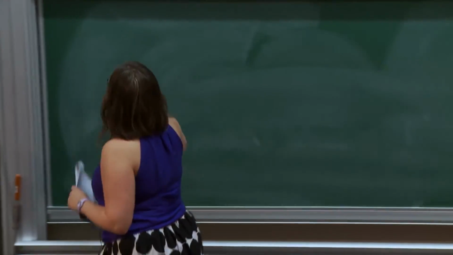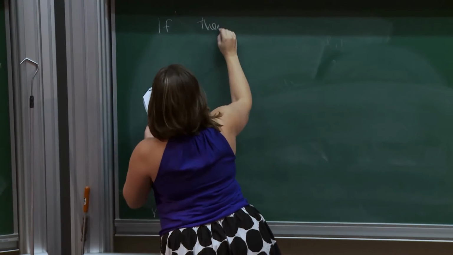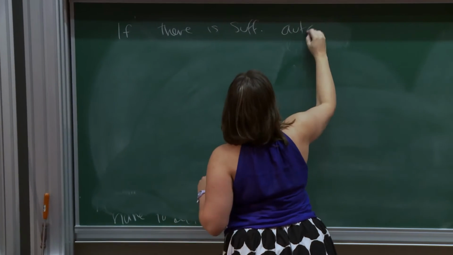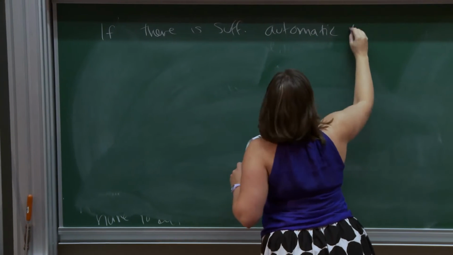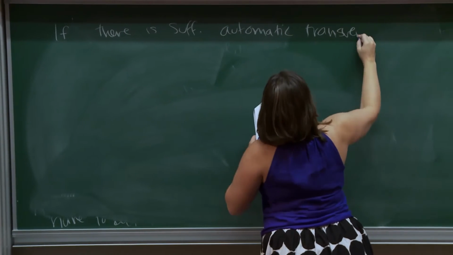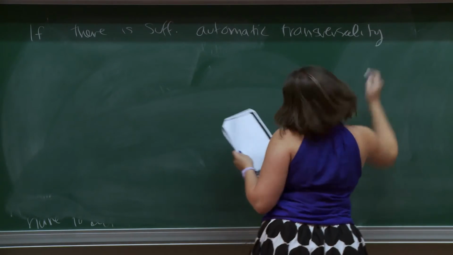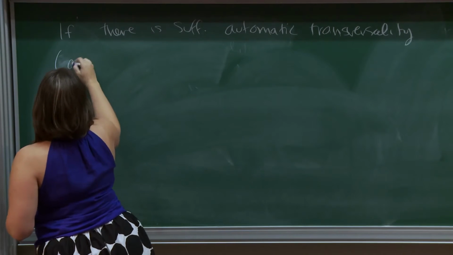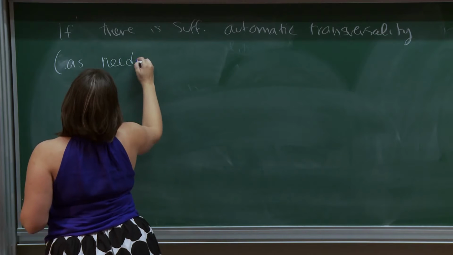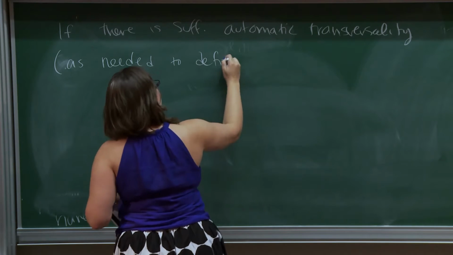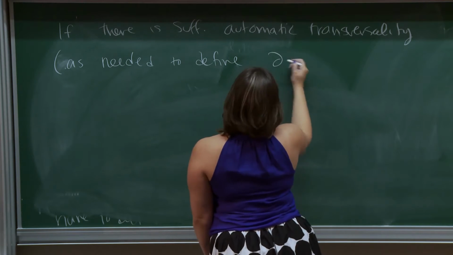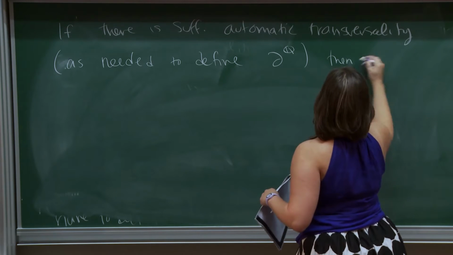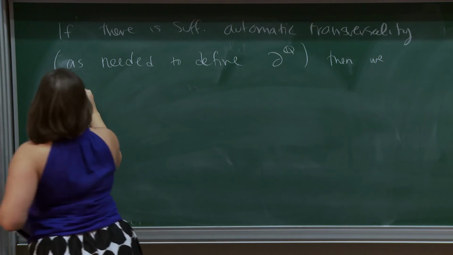So if there is sufficient automatic transversality, as needed to define the classical cylindrical contact homology differential, then we can